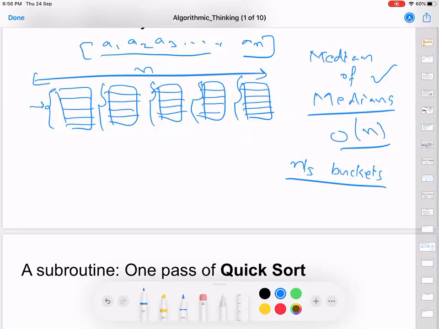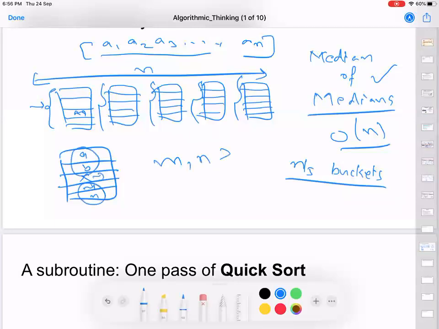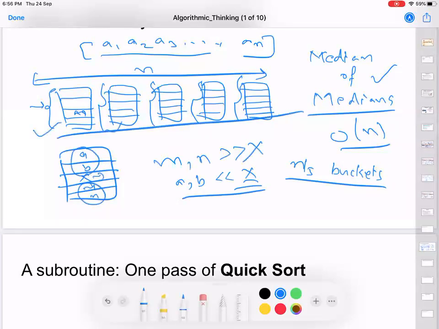Even if you do not want to do sorting, what we want with these buckets is this: if there is an element X here, then the elements A and B should be less than this X, and the elements M and N should be greater than X. You can do it with a sorting algorithm or with any comparison-based procedure to achieve this task. So after you have done this for all these 5 buckets,